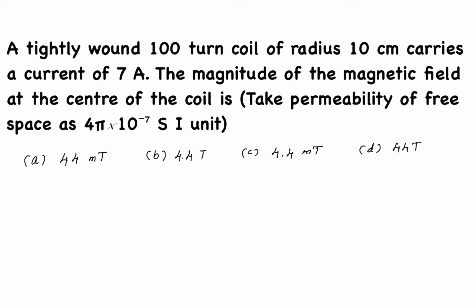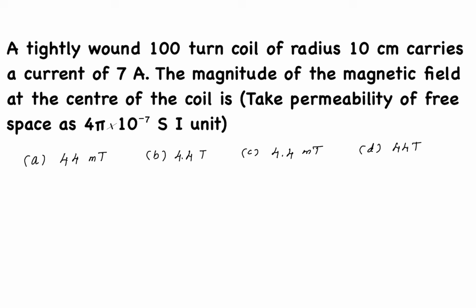So, in general, we might have calculated the magnetic field at any point on the axis of the circular loop. For example, if you take a current carrying loop of n number of turns, and this is the center, and this coil is of radius, let us assume this is r, and at a point on the axis of this current carrying coil we have the point P, which is located at a distance x. So due to this current in this coil, we calculated the magnetic field at the point P, and that magnetic